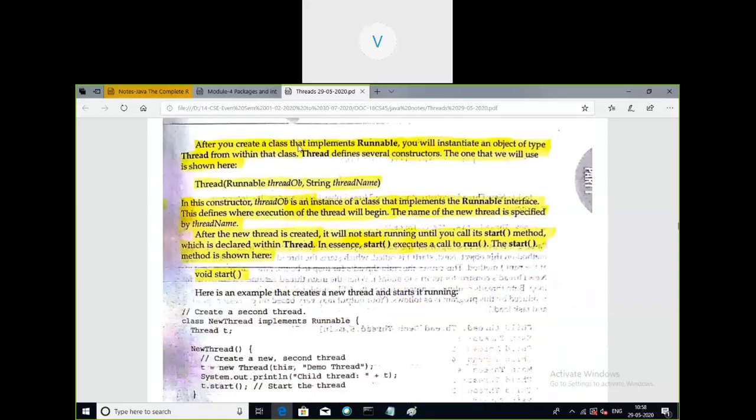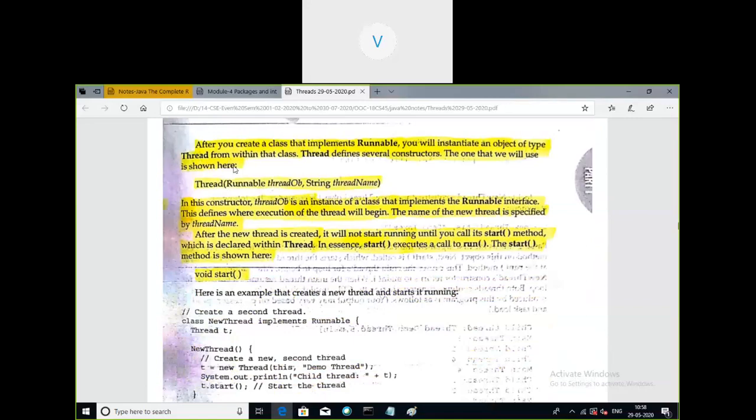After you create a class that implements the Runnable interface, we will create an object of type Thread. Thread is the super class for all the threads.